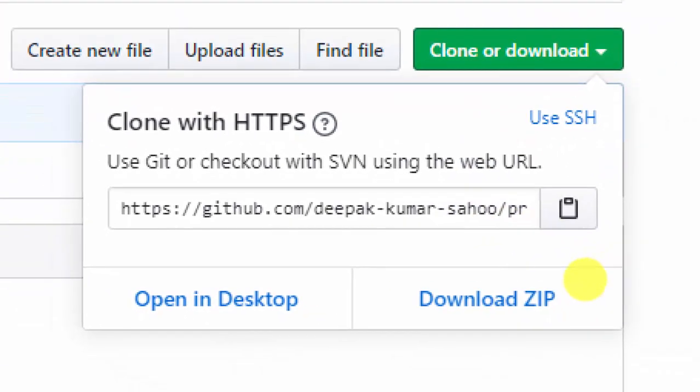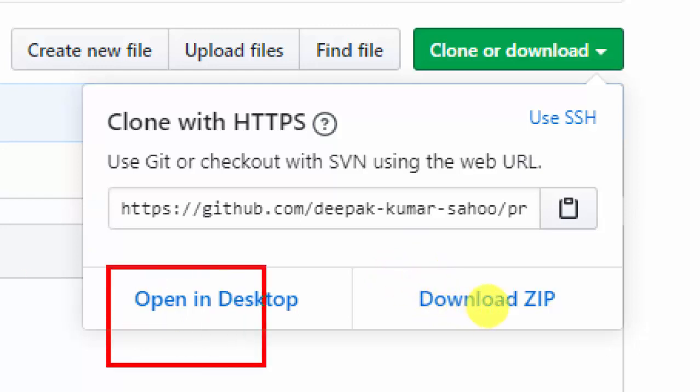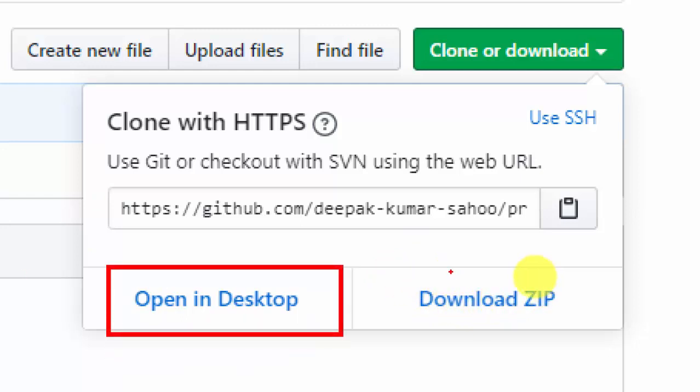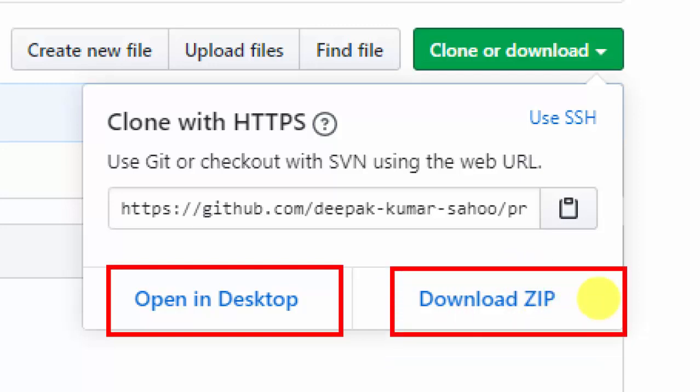If you want to open it in desktop, you can download it to desktop. And if you want to download the entire project as a zip file, you can do it.